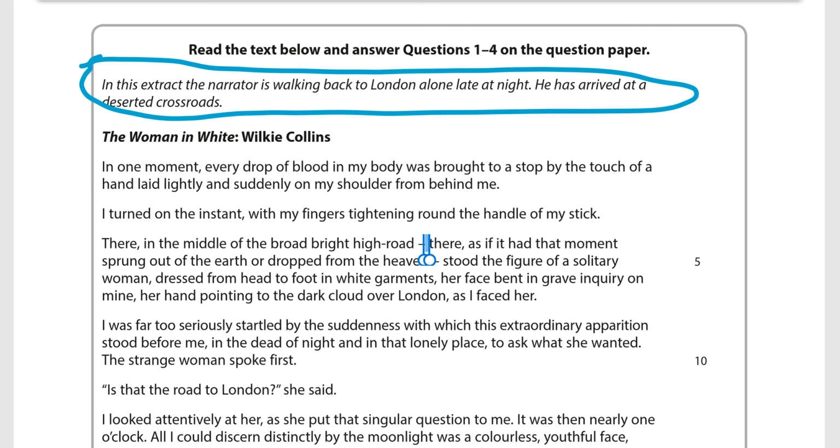Okay, so this tells us that the main character's a man, he, and also that he's the narrator. So it's first person, so he's writing in I and me and he's part of the action. And we know that it's late at night and it's a deserted crossroads, so maybe the atmosphere is a little bit mysterious, a little bit spooky perhaps. Okay, so I would say the best thing to do is to look at the questions before you start reading